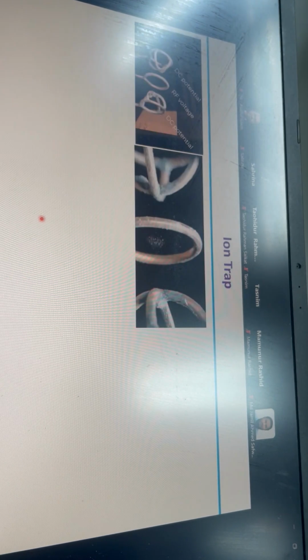So as I mentioned, the ion trap, how ions are trapped. Okay, so you can actually trap ions at your home as well. So you need three electrodes. Okay, if you have these two electrodes, which are kind of half circle shaped, and then another electrode which is kind of round and circular in shape, and then you apply RF voltage to the middle electrode and DC voltage to the end electrodes,